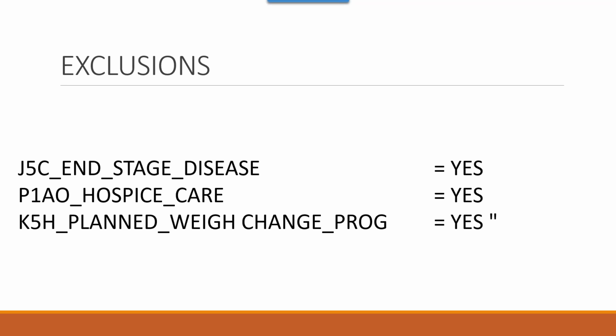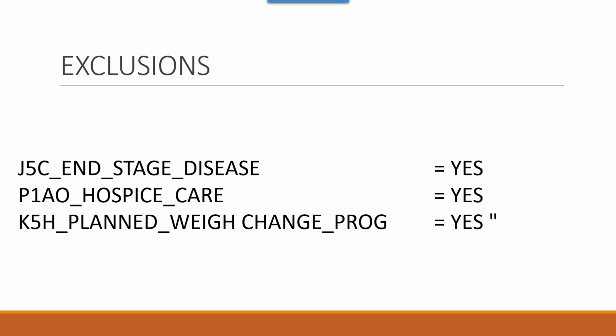Okay, so there are some exclusions other than the general exclusions. End-stage disease, which is recorded at J5C, and hospice care, which is recorded at P1A, and it's item O in the program. So you know how the left-hand side of the list are treatments, and then the right-hand side of the list are programs, and hospice care comes under programs. Please note that a hospice program does not mean that you have a specific designated area of your facility. Designated for hospice care does not mean you have a hospice unit,